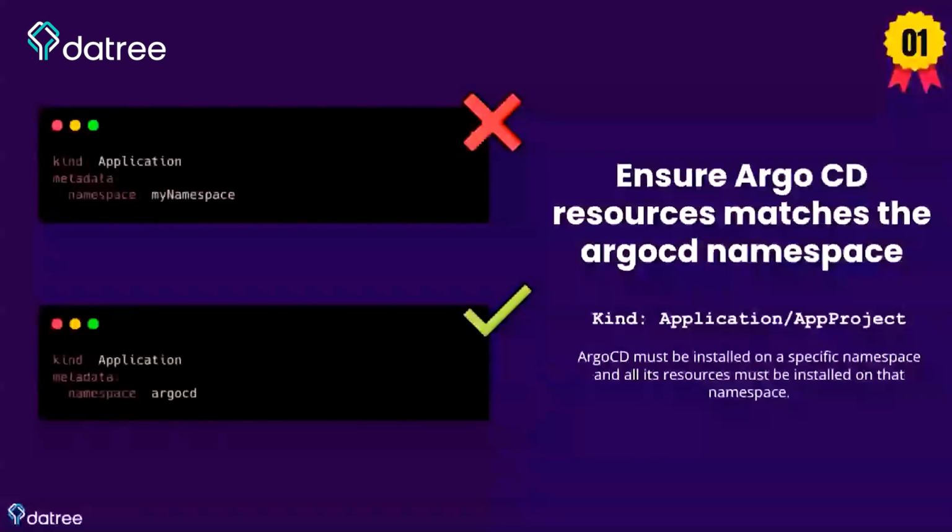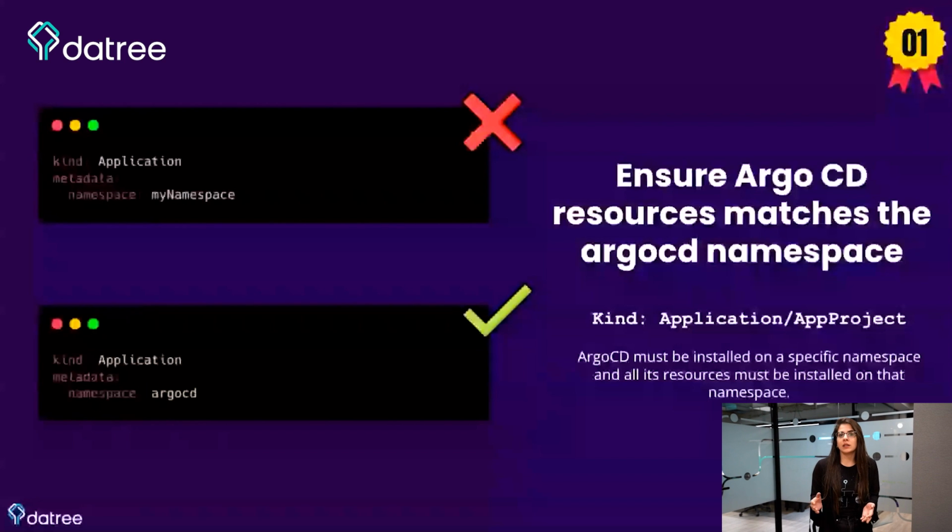The first best practice would be to make sure that all Argo CD resources are using the Argo CD namespace. The reason why is actually dependent on how you installed Argo CD in the first place. Because if you use the typical deployment of Argo CD, then under the hood, Argo CD creates a cluster role and cluster role bindings that reference the Argo CD namespace by default. So if you use a different namespace, you have to make sure that you reconfigure all the internal components of Argo CD, and it might get too messy if you ask me. So make sure that you use the Argo CD namespace in all Argo CD resources.